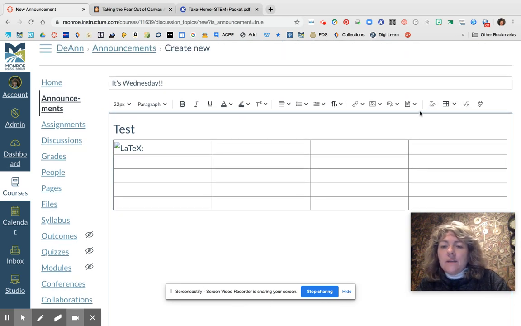Okay, and so those are some other features: adding an image, uploading a document, if you have a syllabus, something like that. I don't know that you'd put that in an announcement, but if you are working in an assignment or on your homepage, and then adding a table. Okay, the last thing that I want to show you, and